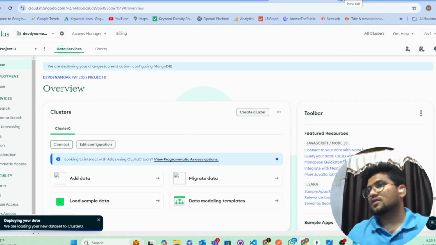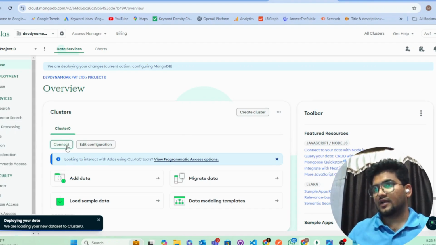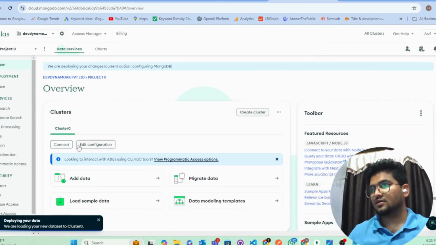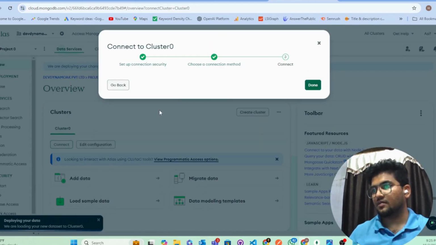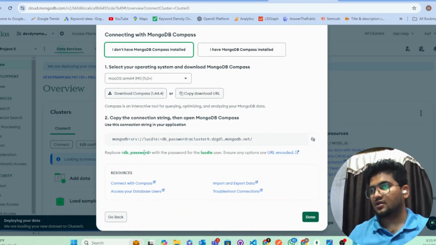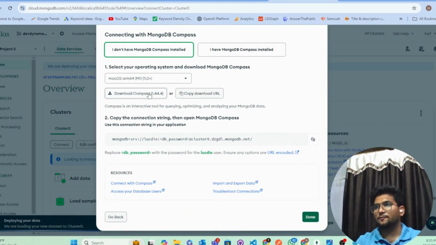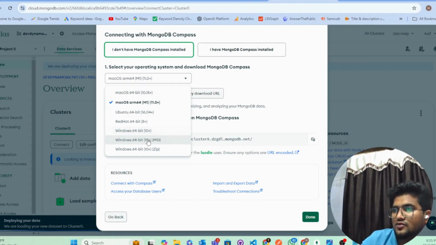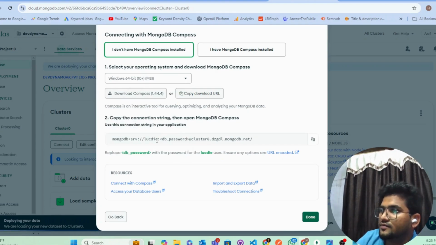So if I click on Connect here, go back, Connect, Compass, and it is saying to download Compass. By clicking on this, first you have to select which machine you are using. Like I was using Windows, so MSI or any version you can use. Better to use this. Just click on this and download it,